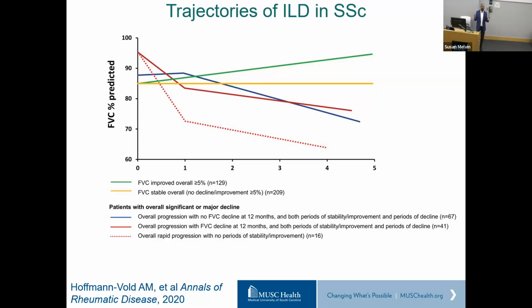So this is an example of how, when you come to see me in clinic, you ask the question, which trajectory are you going to take on? It's difficult because right now I don't have tools or predictive elements that I can use to tell you, this is what I expect for you in the future, which is why we see our patients at close intervals with repeat testing.